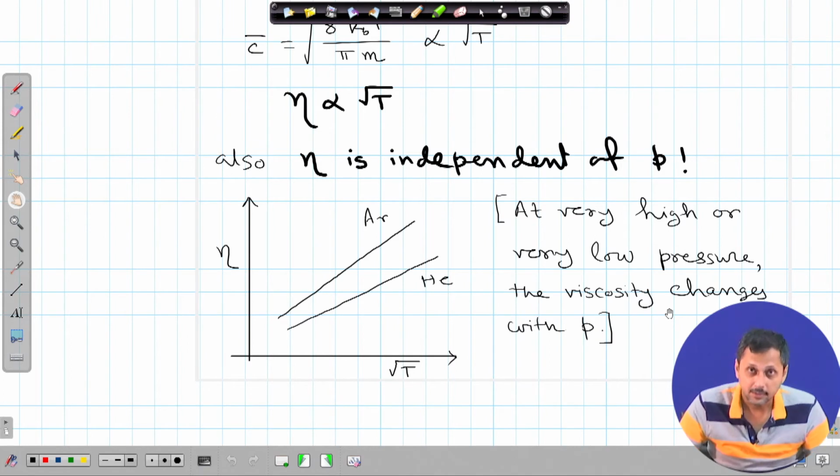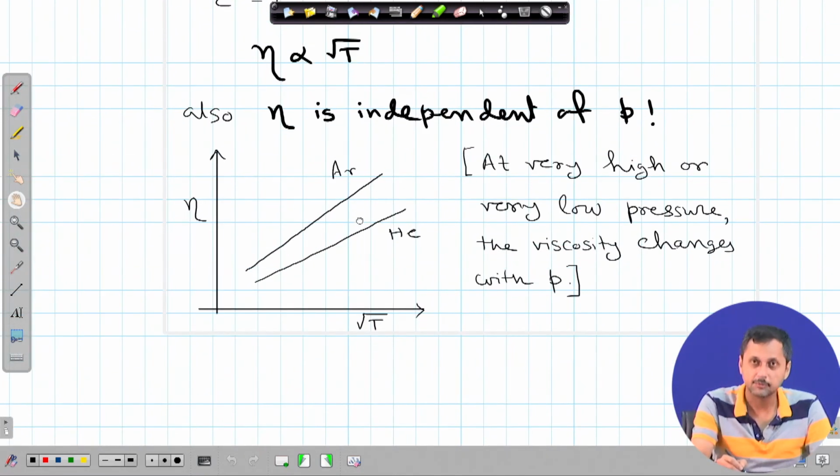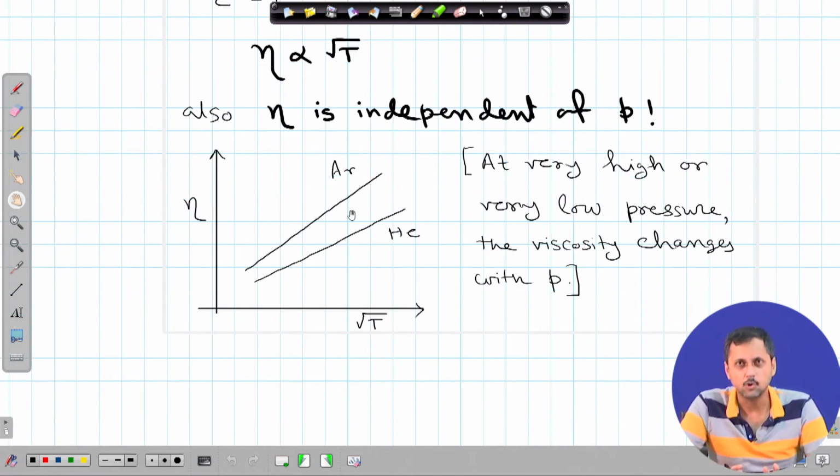And this independence of pressure has also been verified experimentally by many scientists, and it has been found once again that at very low or very high pressure there is a notable change of eta with P, but in the moderate pressure range starting from 10 to the power minus 3 millibar up to several atmosphere pressure, eta remains almost constant with varying pressure. Now, what happens at very low or very high pressure? At very low pressure,